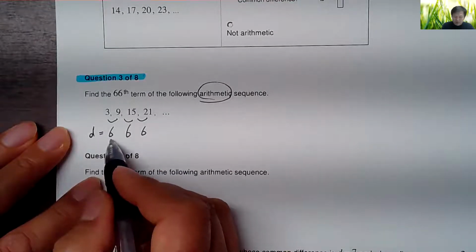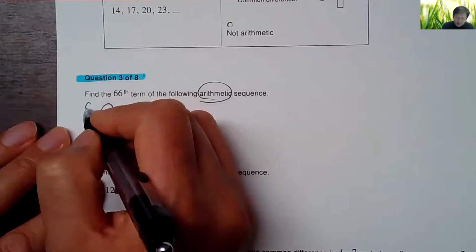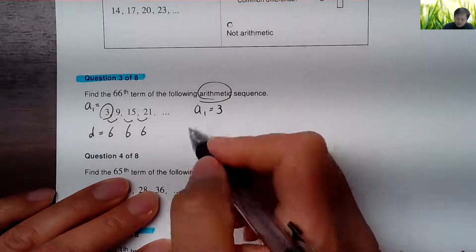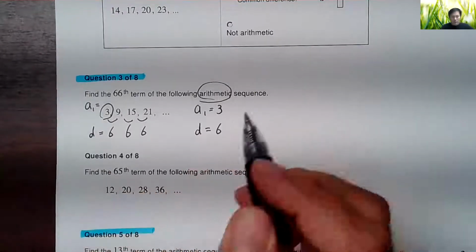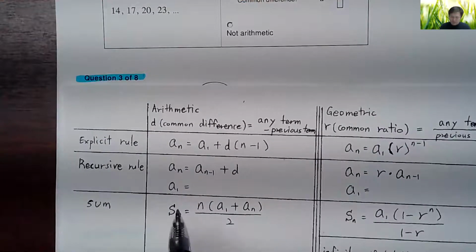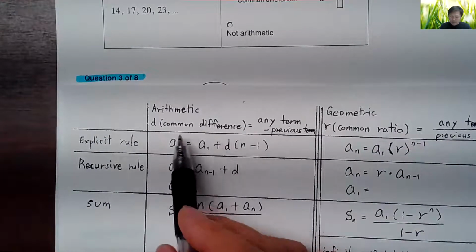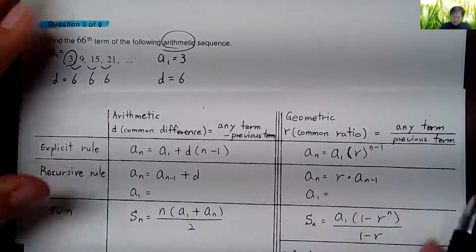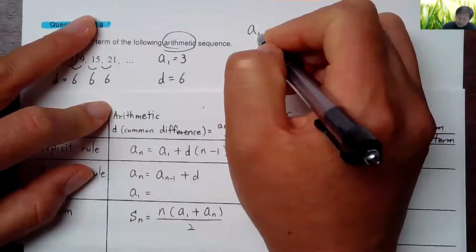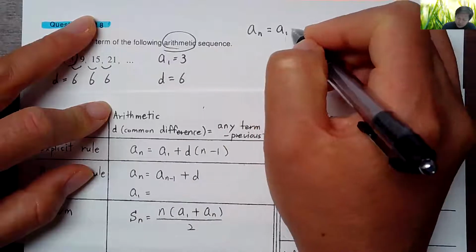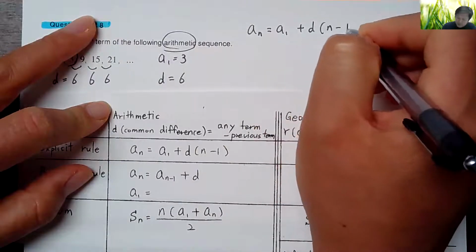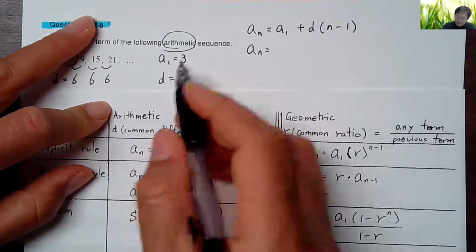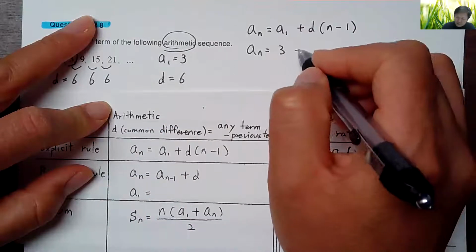Difference value is 6. 3 is the first element, which is a sub 1. So a sub 1 is 3, first element. Difference is 6. That's all you need for writing explicit form of arithmetic sequence. So a sub n equal to a sub 1 plus difference, parenthesis, n minus 1. So a sub n equal to a sub 1 value is 3 plus difference is 6,